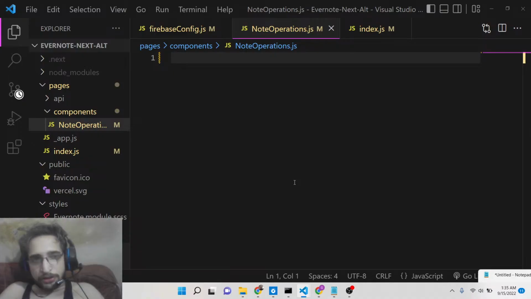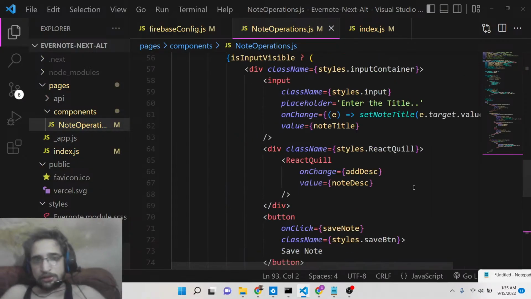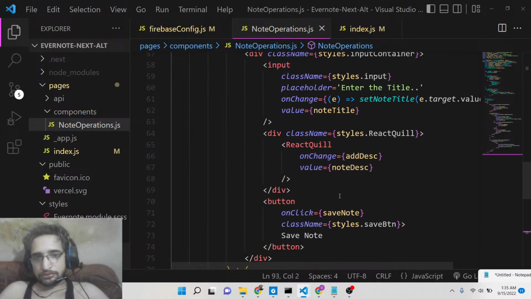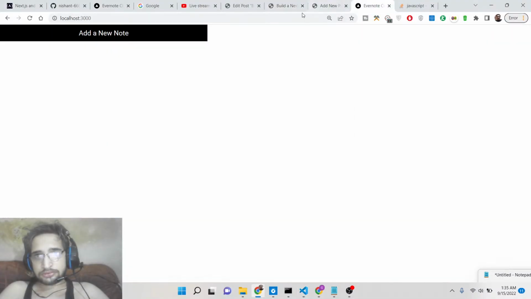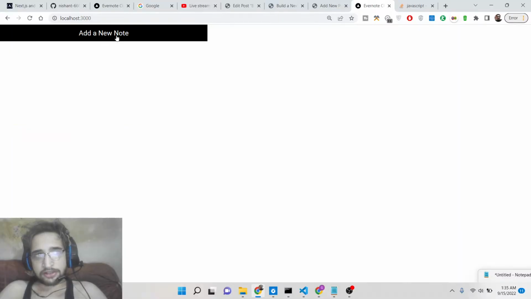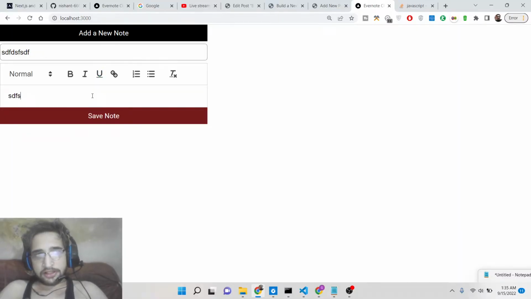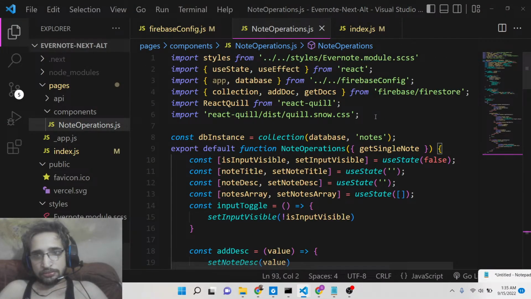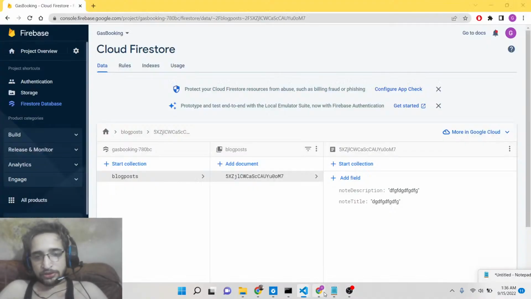So now let me paste this whole code here. And now if you, so there is a button add new note here. So if you click this button, it will toggle this text editor. So here you can enter the title, enter the description. So here for this you need to change the collection name, which is a table name, to blog post,